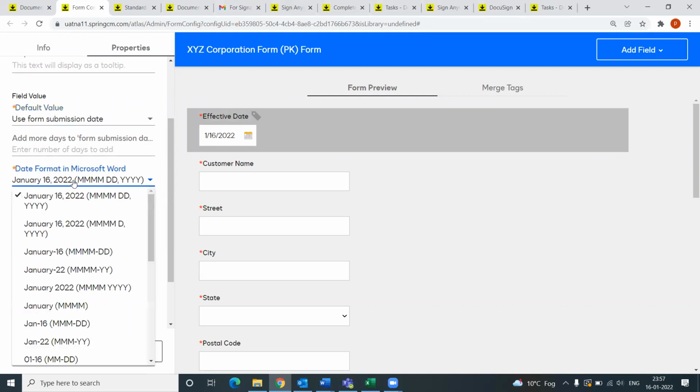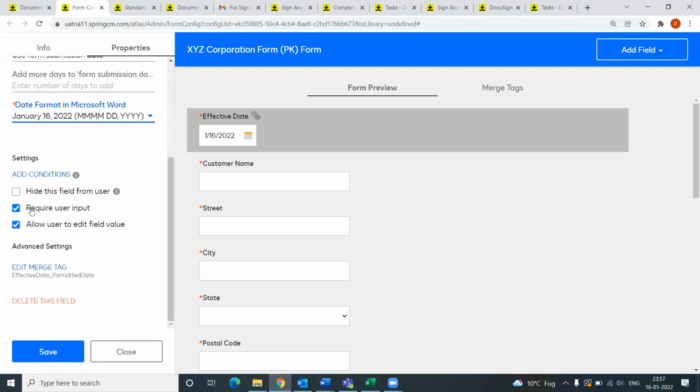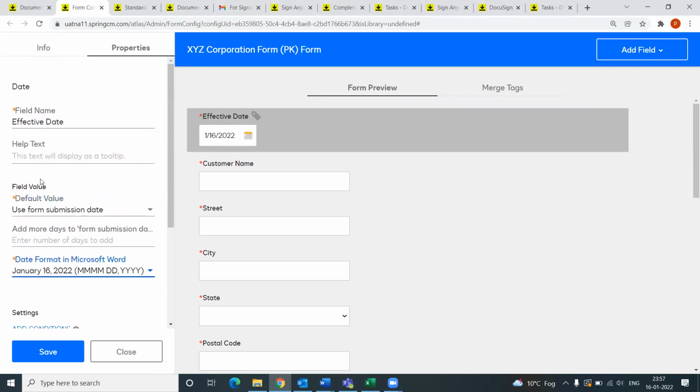And here's the date format that we can select. We can either mark it as required user input, because of which there is a star mark you can see here. We could also write any advice, any suggestion how to populate the field. I can write any, if I write anything,